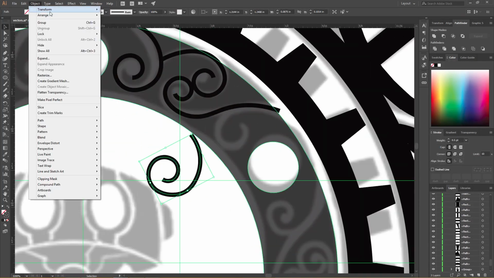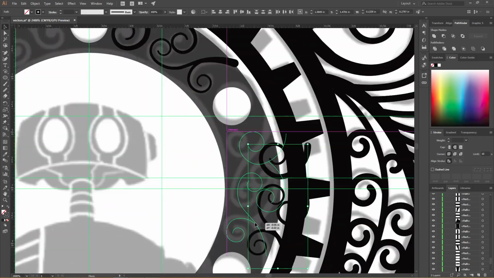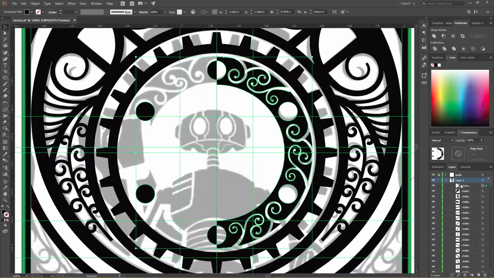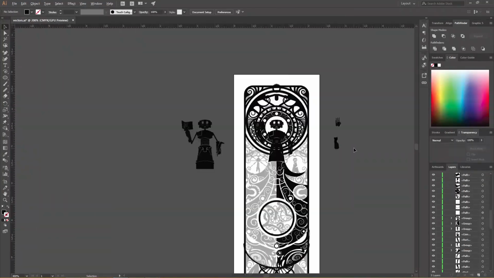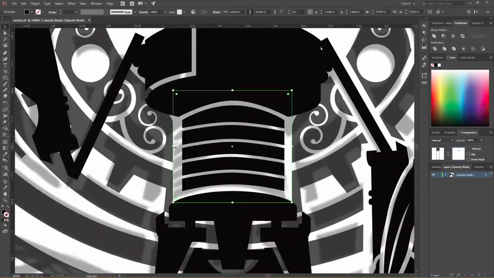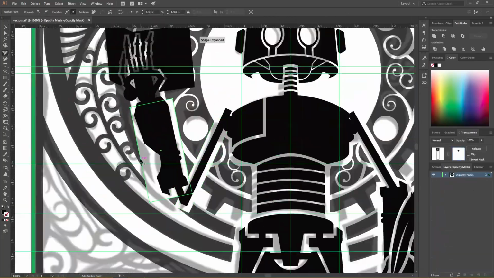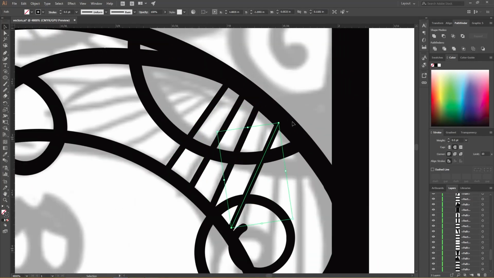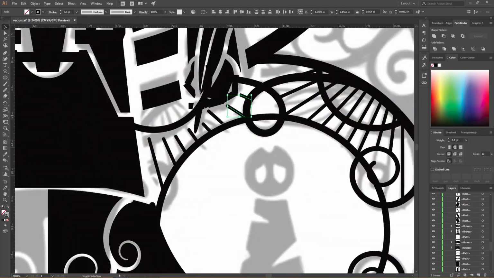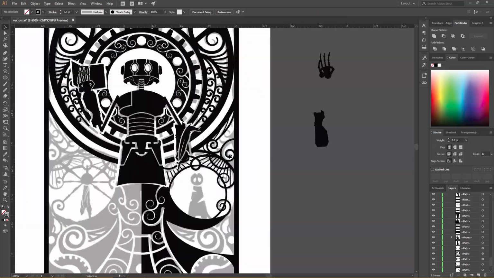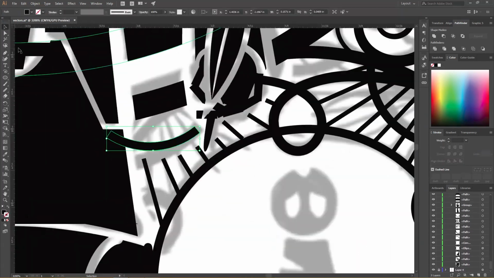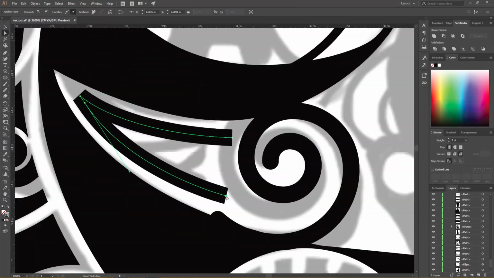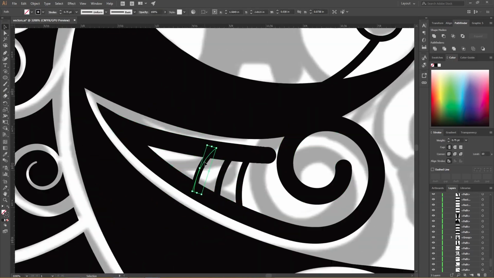But anyways, when working in Illustrator and working on any design really, but the same applies if it's something super intricate like this, a very basic handy thing to keep in mind would be to build all of your forms out of super basic shapes and lines. It's just like sketching or drawing. You start with a large basic shape first, and then you build your forms from that. Once you've got the basic shape or the basic line, if you're trying to make a curved line or something, once you've got that basic